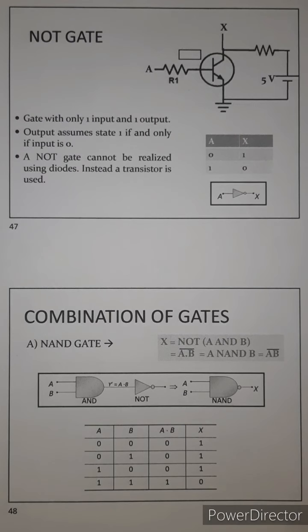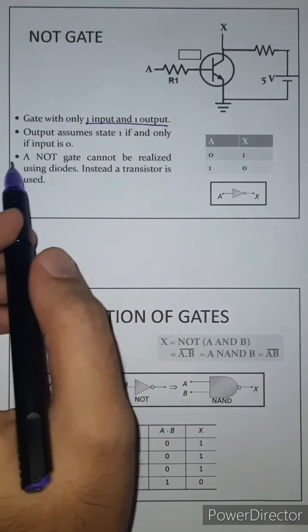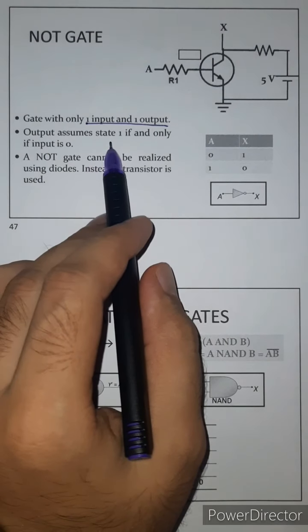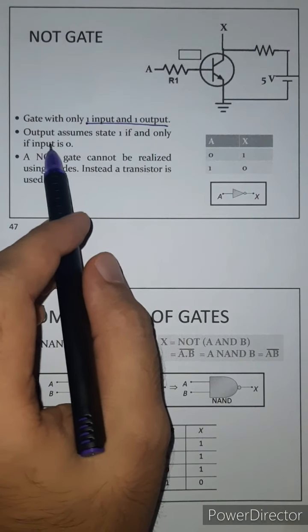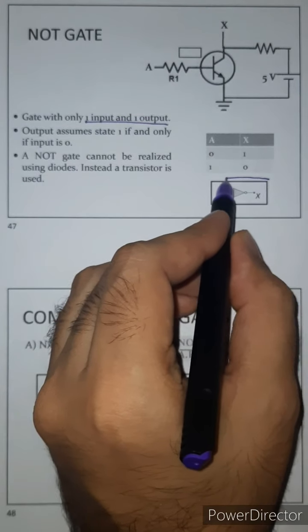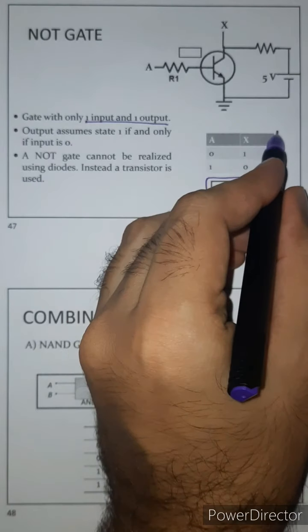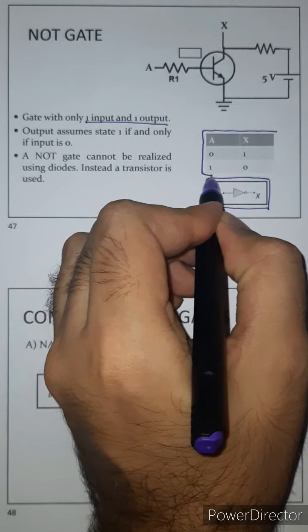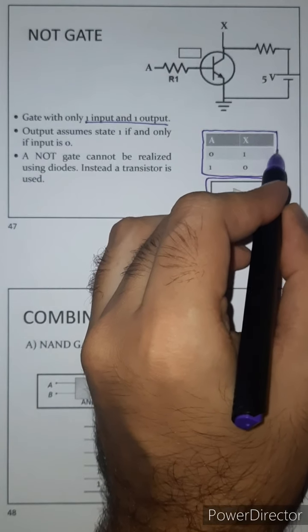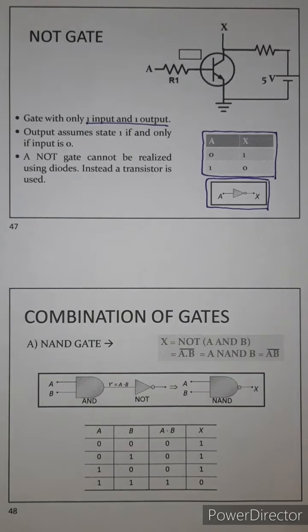The third category of logic gate will be NOT gate, which is the gate with only one input and one output, and the output evaluates to 1 or high voltage when the input is 0 and vice versa. So you can see the circuit representation for NOT gate. I have also attached the truth table for NOT gate, and you can also see the actual circuit which is used to form NOT gate. And in this circuit you can see that we have used a transistor.